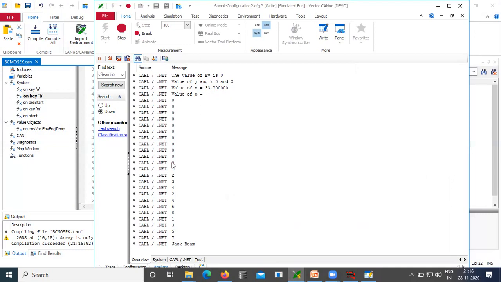The first 10 long integer values are 0 because they are not initialized. Then we have 0, 1, 2, 3, 4. Then we have a matrix. The matrix is 2 rows and 4 columns, 2, 4, 6, 8, and then 1, 3, 5, 7. Then we have a string variable Jack Bean. So everything is working fine as expected.